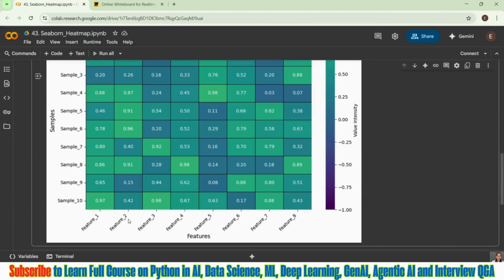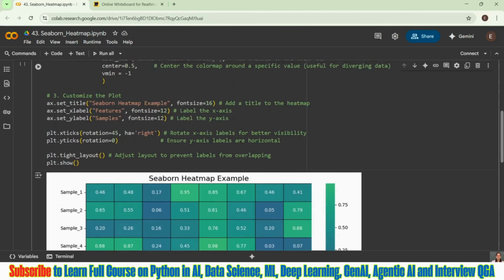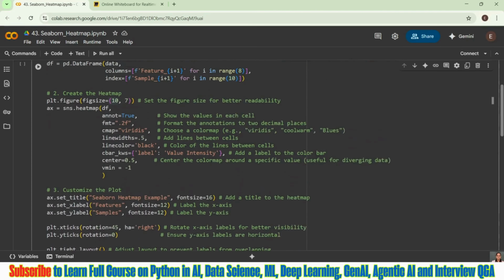You can see here that my features are coming like underscore 1, underscore 2 till underscore 8, and my samples are coming till underscore 10. Whatever data or random values are generated are going to be divided between these columns.